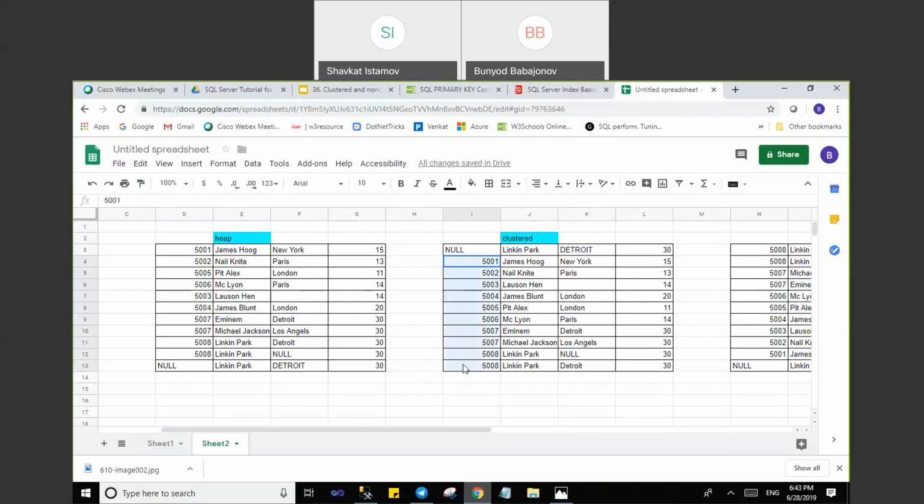And now, since I have a clustered index on this column, let's say the ID column, this table is physically ordered by the ID, let's say ascending. Now I don't need the pointers. I can straight away go here, because it's already ordered. Let's say I'm looking for ID 5006